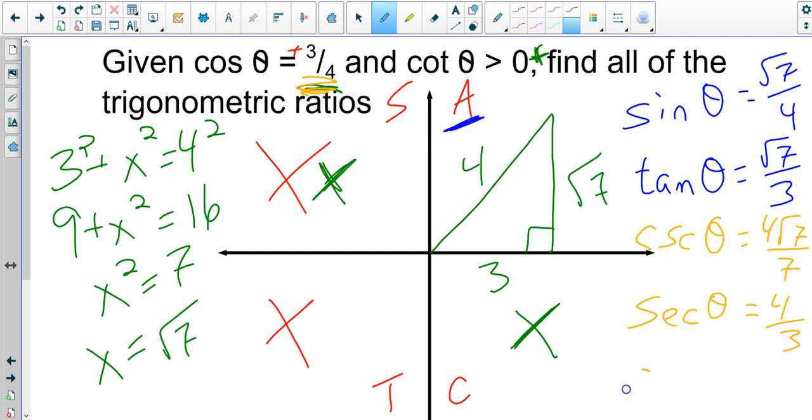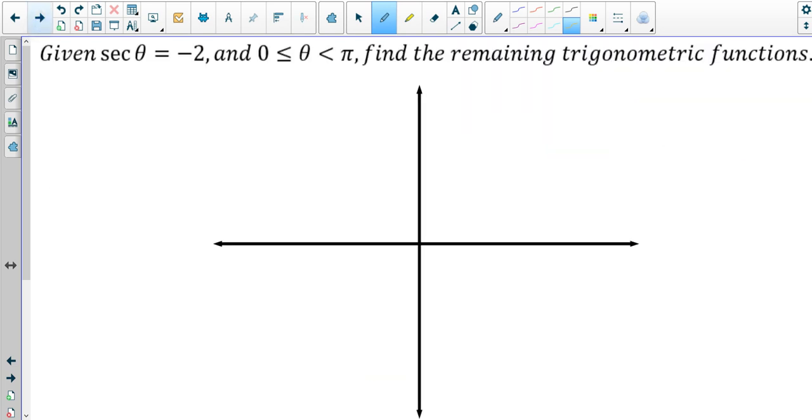And then the last one is the cotangent of theta. Cotangent is the reciprocal of the tangent function, so it's adjacent over opposite, so that's 3 over the square root of 7, which becomes 3 square root of 7 over 7. We've got one last example here. It says given that the secant of theta is equal to -2, so all I'm going to worry about here